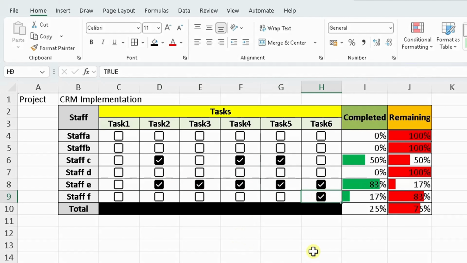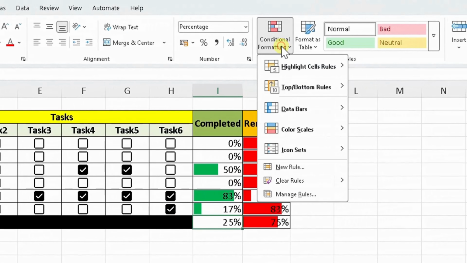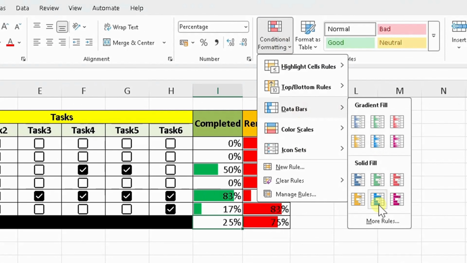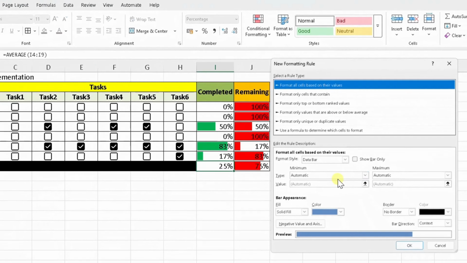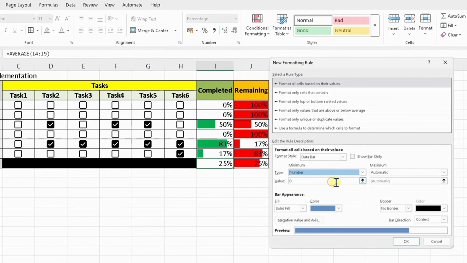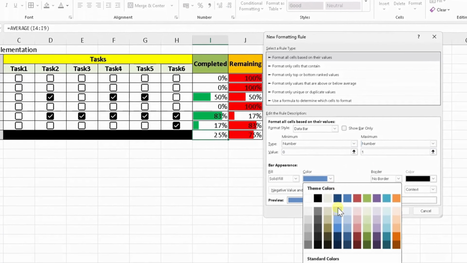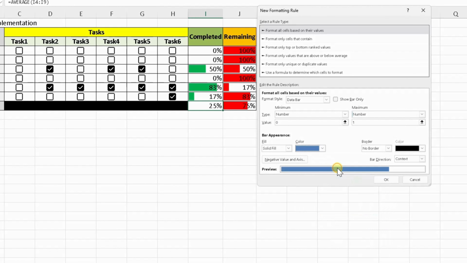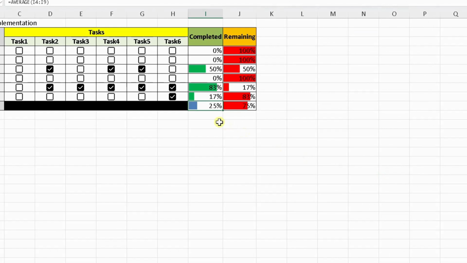One thing I've forgotten to do is add a progress bar under completed here for the total. So highlight this, go to conditional formatting, go to data bars, go to more rules, and here do the same thing as you did before. Number, one in there, change this color to a different color. So I'm going to choose blue, click on OK, and you can see it's added a blue data bar there,